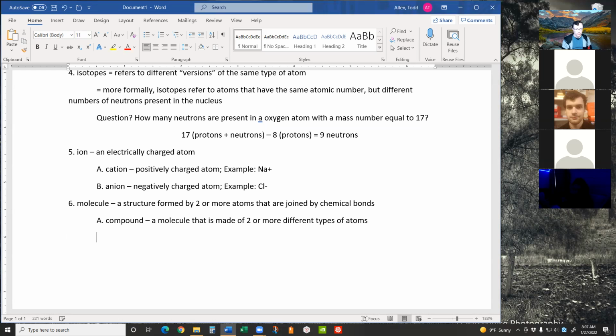Okay, so for example here, water, H2O, would be a very nice example of a compound. And something like atmospheric oxygen, the kind of oxygen that we're inhaling into our lungs right now as you sit in your room. Atmospheric oxygen is a diatomic molecule, meaning there's two atoms of oxygen. So O2